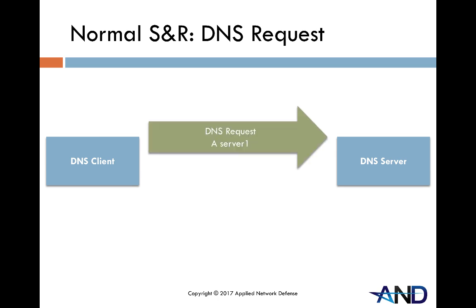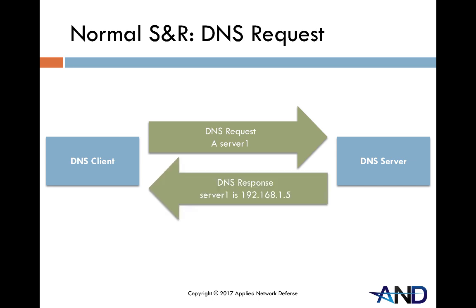In this case, we're sending a DNS request for the A record of server 1. Remember, an A record is the DNS message type associated with a DNS name to IPv4 address mapping. So we're saying we want the A record for server 1, which means we want the IP address. As a normal question, we would say, hey DNS server, what is the IP address you have on record for server 1? The DNS server is going to receive this question and respond with an answer, and it's going to say, server 1 is